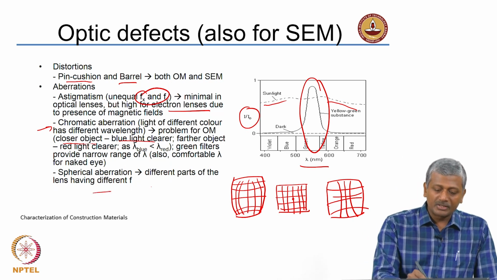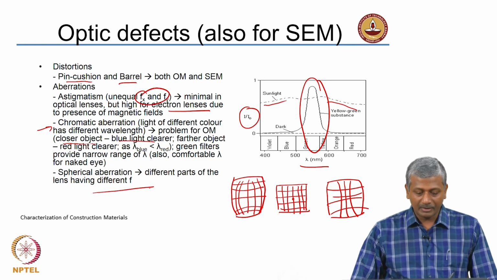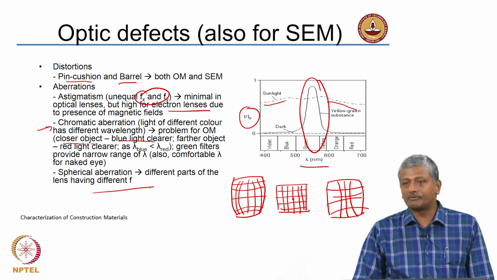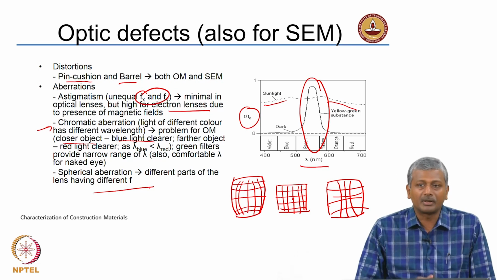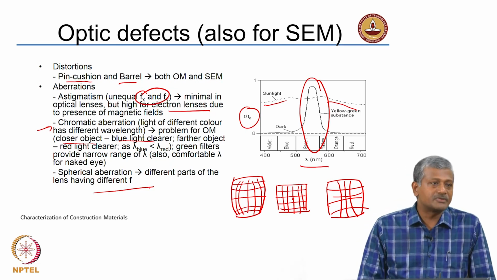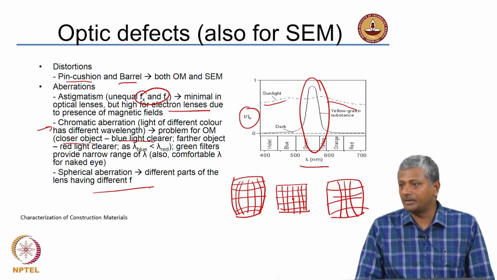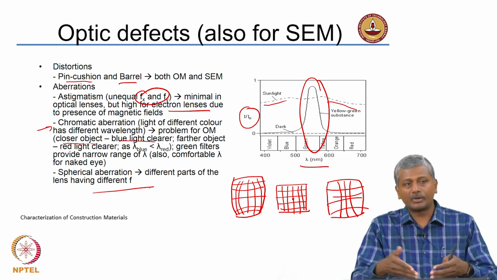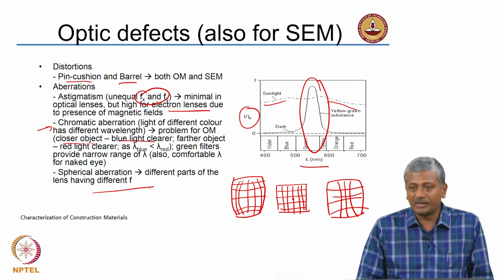Now, spherical aberration is what we most commonly have when we wear glasses, right. What happens is different parts of the lens have different focal lengths, because of which the eye is not able to perfectly focus on one particular location. So, several microscopes can also have the same sort of a problem. So, this can be corrected in an electron lens by adjusting the magnetic field, right, to ensure that you are able to converge all the rays onto a single point. In an optical lens, it is quite difficult.